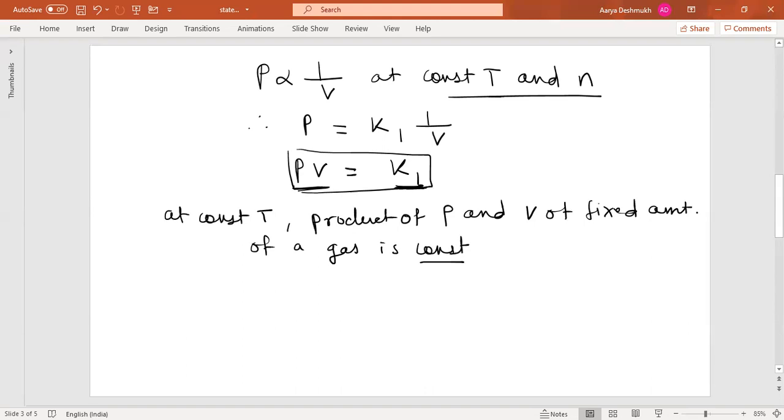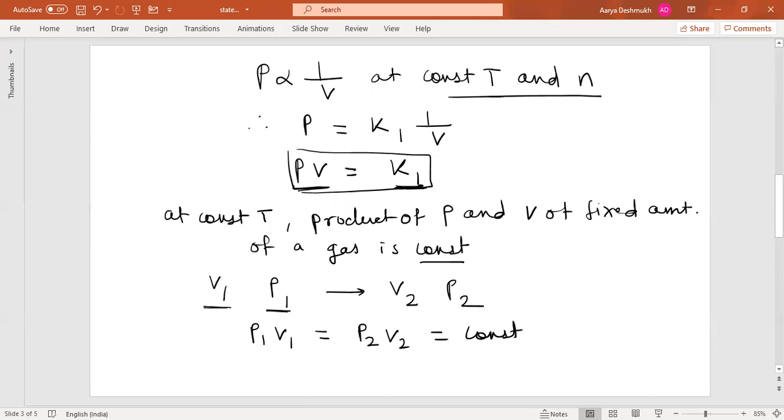Okay. So when a fixed amount of gas at constant temperature occupying volume V1, means if this is the V1, at initial pressure P1 undergoes expansion or compression. So if V1 is the initial volume and P1 is the initial pressure, it changes to V2 and pressure P2. So according to Boyle's law, you can write P1 V1 will be equal to P2 V2 equal to